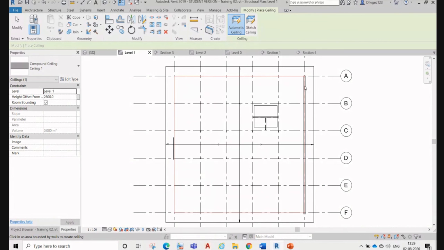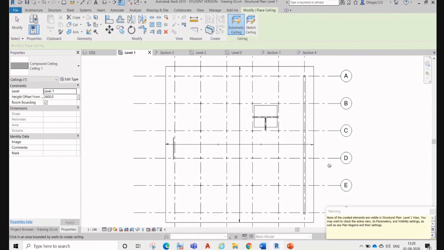This swatch is our wall, and the ceiling will draw automatically inside of those walls. If we have a wall drawn over here, I think it will take that area only. So now we'll just select it.